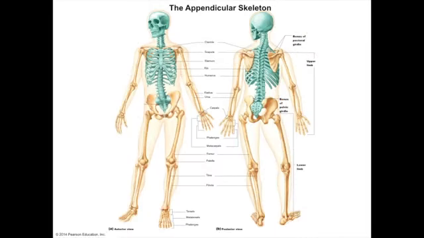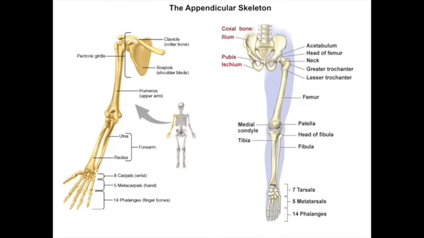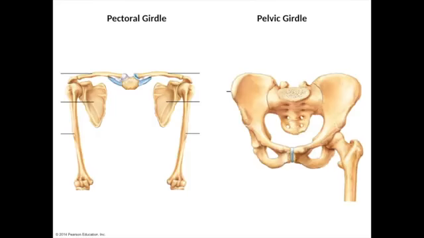Hey there, today we're going to go over a brief overview of the appendicular skeleton, which consists of your upper and lower limbs that are appended to your axial skeleton. The sternum for your upper appendicular skeleton and your sacrum for your lower appendicular skeleton. And there's the obvious arms and legs, but also the girdles, which they attach to. The upper limbs are attached to the axial skeleton through the pectoral girdle, whereas the pelvic girdle secures the lower